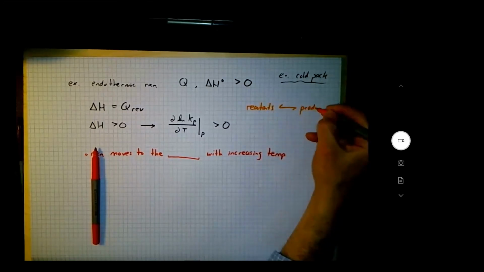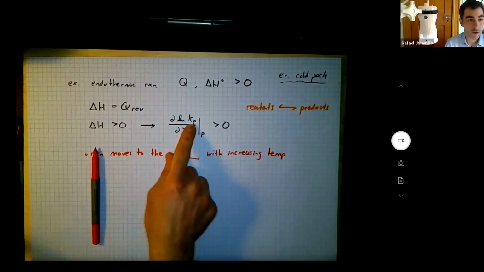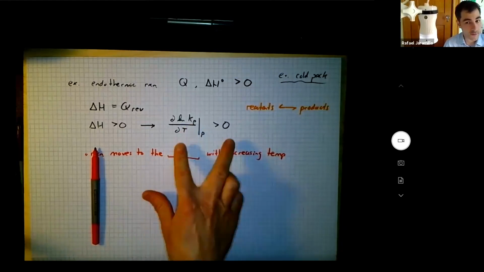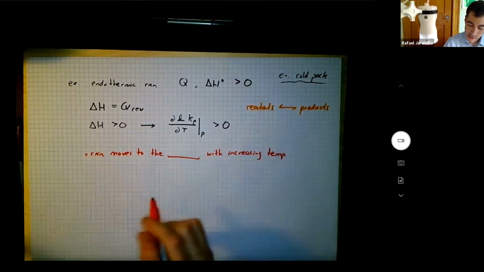To the right. Move to the right, right? K of P is products over reactants. So if K of P is increasing, if this slope is positive, that means I'm moving to the right. Reaction moves to the right